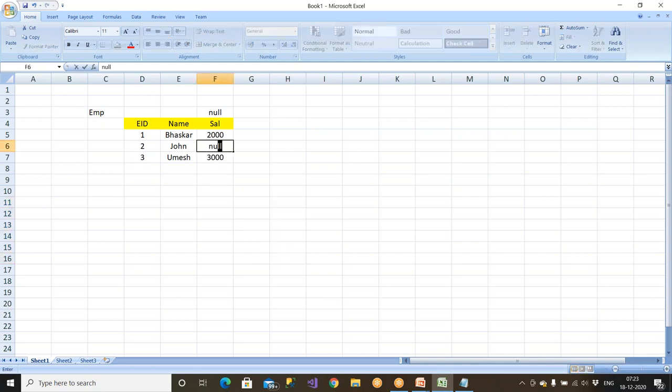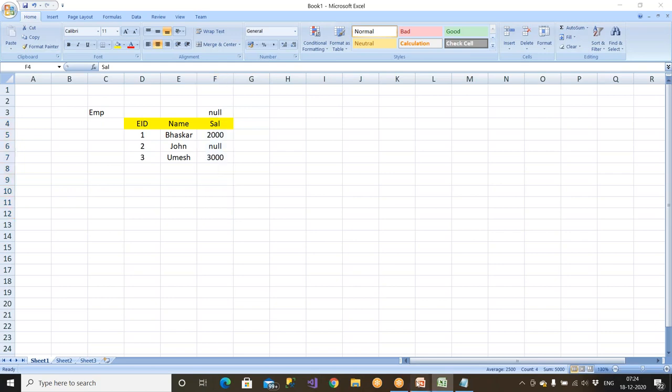If there is a null value, what cannot happen? Summing operations or arithmetical operations cannot be done, because any value plus null equals null, any value minus null equals null, any value into null equals null. So any arithmetical operations cannot be done. That is one bad point. And string operations like sorting the data in ascending order, descending order, those kinds of operations also cannot be done on the null columns. It is a very, very irritating job.